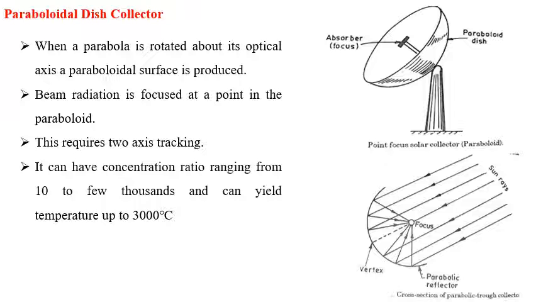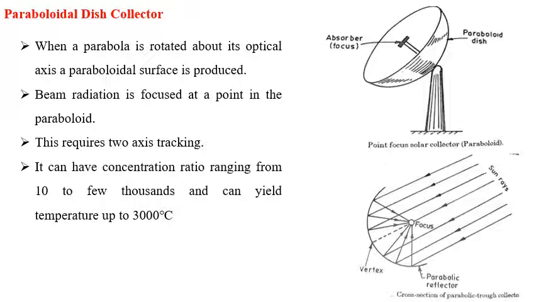The concentration ratio is the ratio of the area of the concentrator aperture to the energy absorbing area of the receiver. To determine the effectiveness of a concentrator, this concentration ratio is very high in the case of the parabolic system, and therefore it can be used for high temperature generation. In the cylindrical parabolic system, the concentration ratio is lower than its paraboloid counterpart.